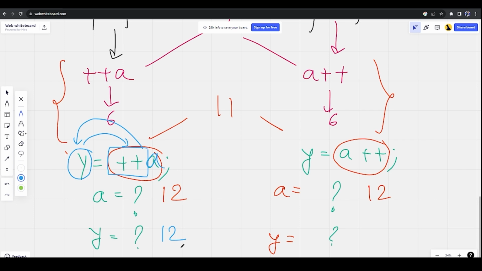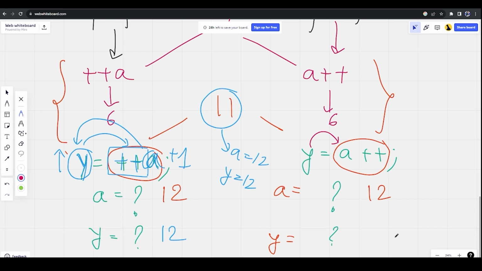I will repeat it one more time. You have to see y, or the variable, is equal to the plus plus symbol. This way you can understand. If the plus plus symbol is coming first, whatever value a has increased by, 1 or any value, y will also increase by that value itself. So if a was 11, a will become 12 and y will also become 12. But here the case is different. Here, if you see, y is equal to a.